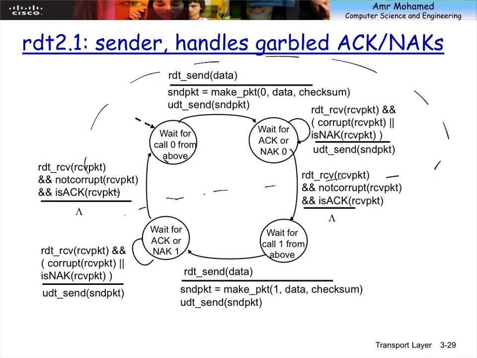And the one above is a mirror, because when I wait for acknowledgement, if I receive a positive acknowledgement, I have to go to wait for the application layer to send me packet 1. Okay? So instead of going here, I will go to the same state but for packet 1. Clear?